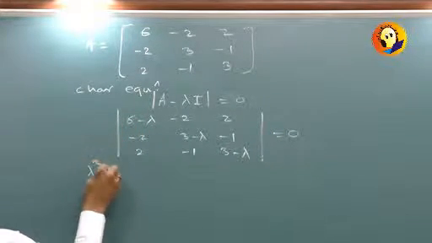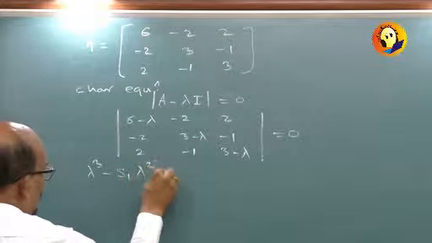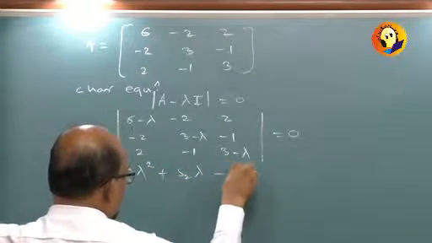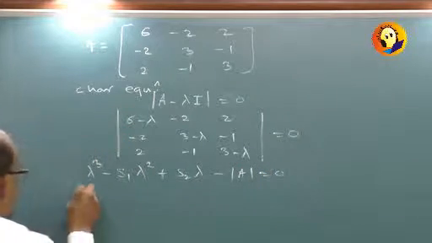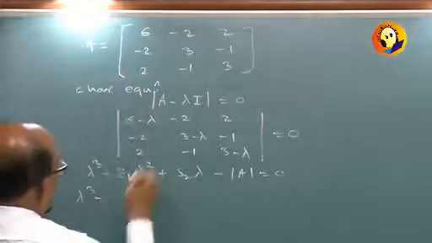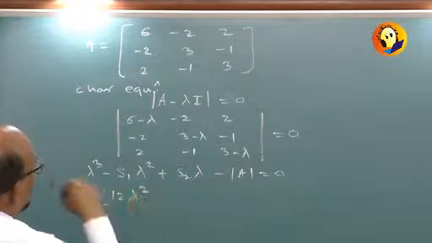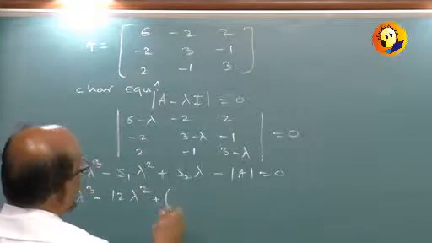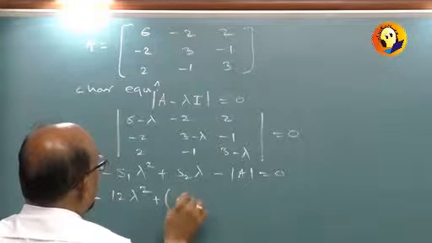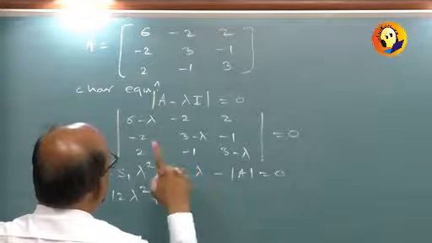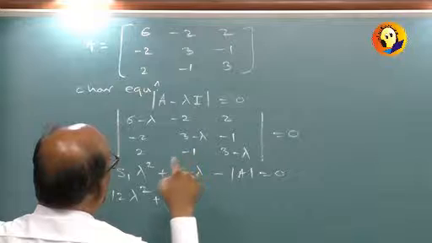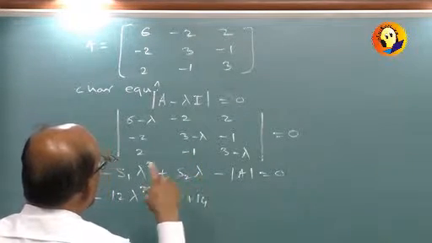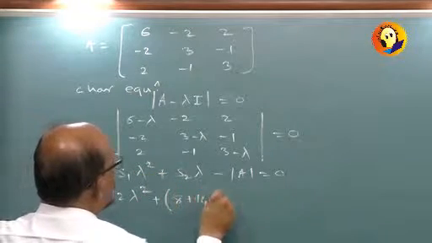It is lambda cube minus s1 lambda square plus s2 lambda minus mod A. So it is lambda cube minus 12 lambda square plus